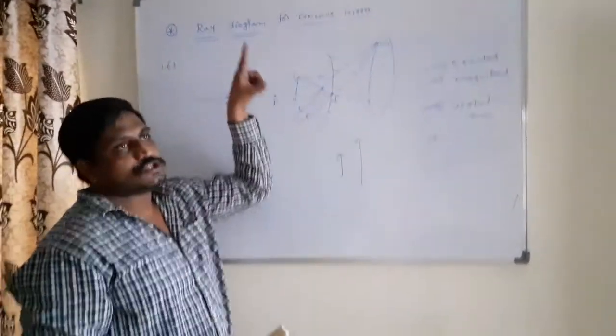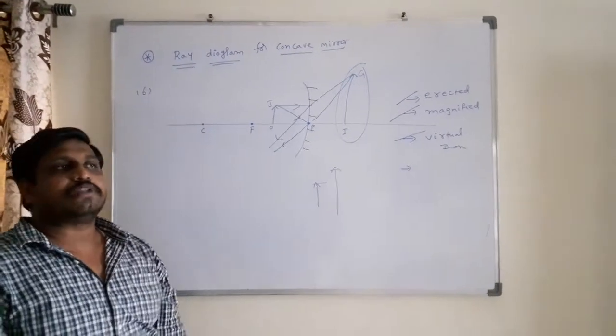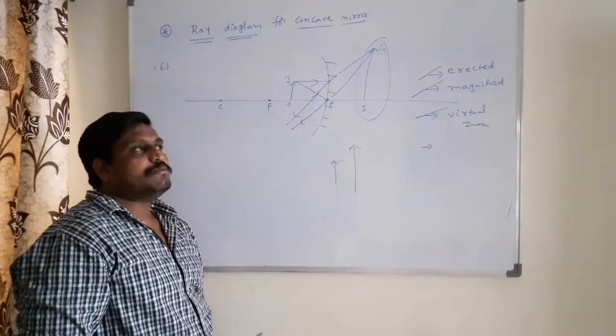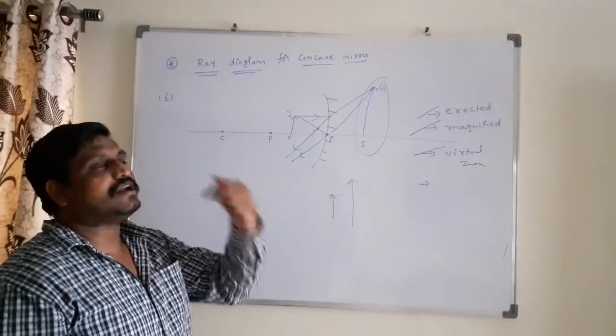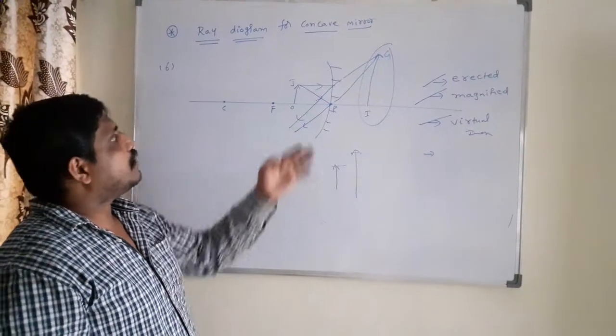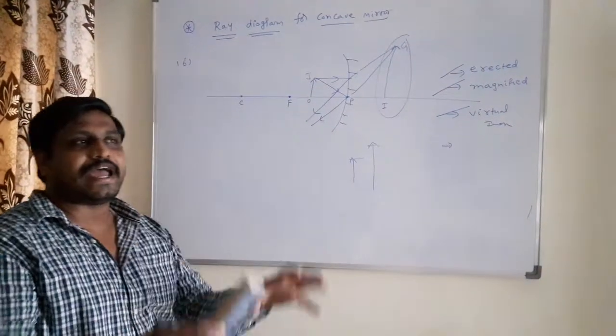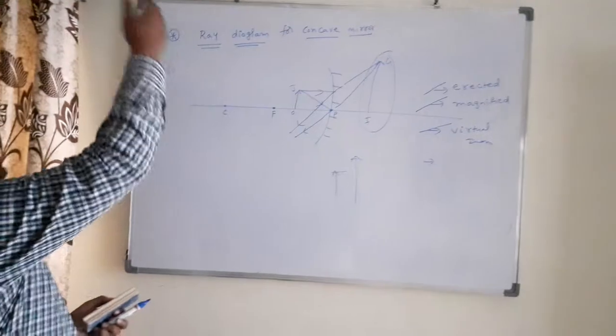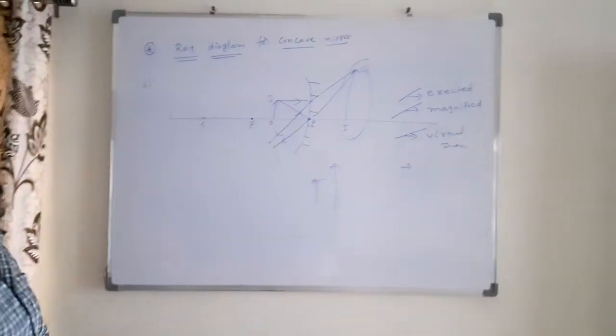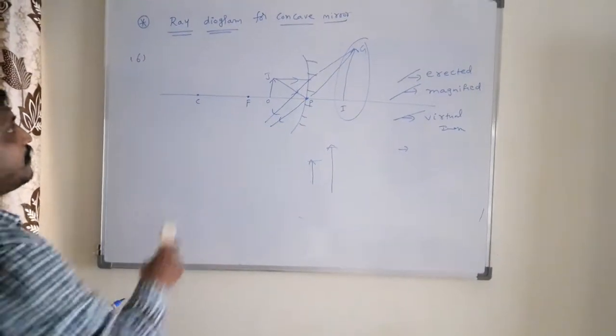So that's why concave mirrors can be majorly used as shaving mirrors, and also dentist, nana. These mirrors are also used in the headlights in a car also, nana. Okay, these are ray diagrams for concave mirror. Next, nana, ray diagrams of convex mirror.